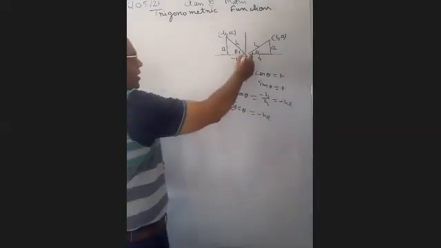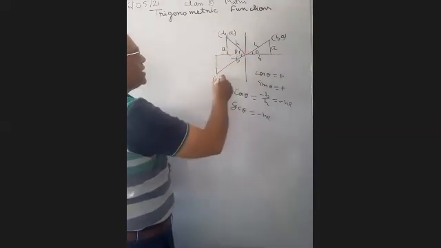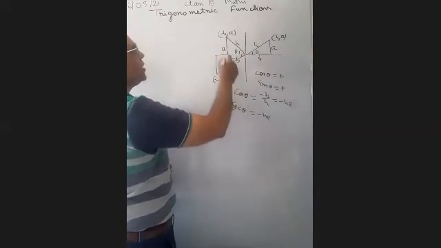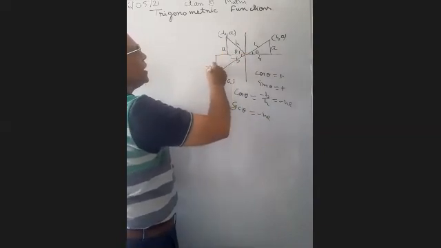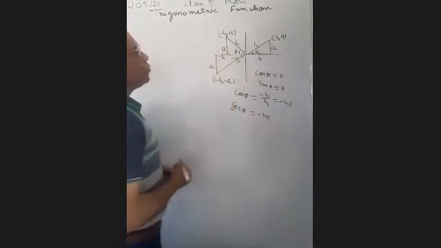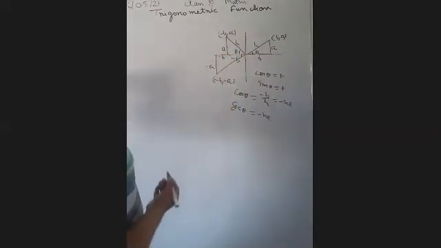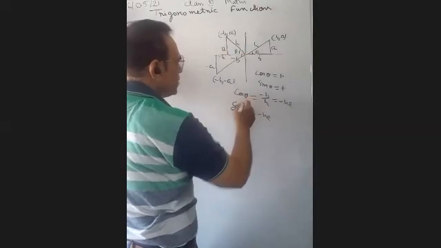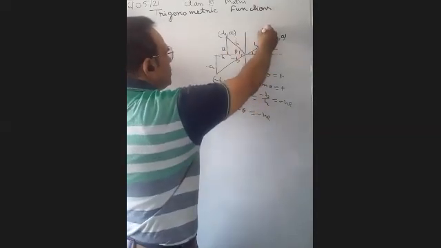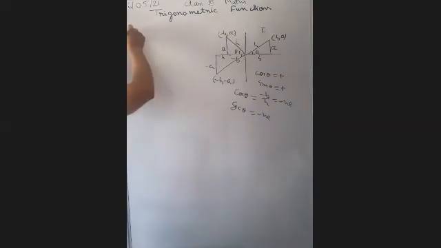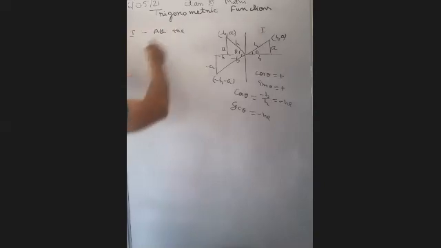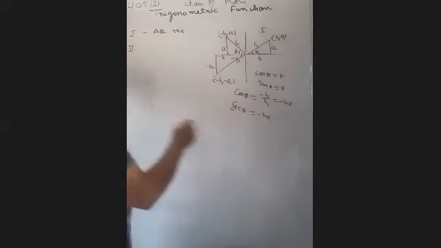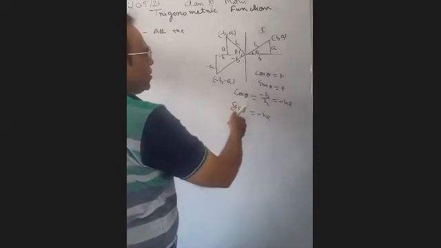Okay. In the third quadrant, what will happen? In the third quadrant, just observe. Both the terms, minus b and minus a, will be negative. This is minus b, and suppose this one is minus a. Both are negative. So you observe that cos theta and sec theta are negative. We were talking about the second quadrant; in the first quadrant, all are positive. In the second quadrant, we observe that cos theta and sec theta are negative.